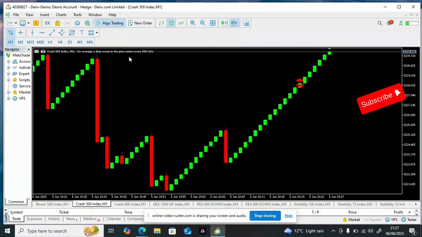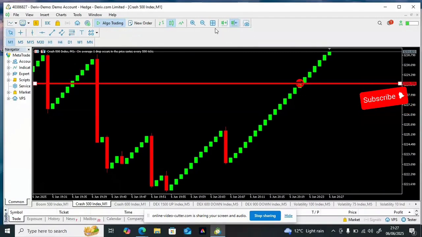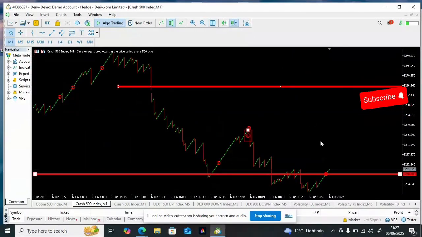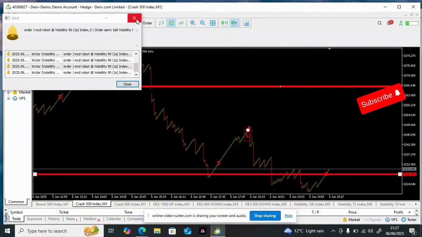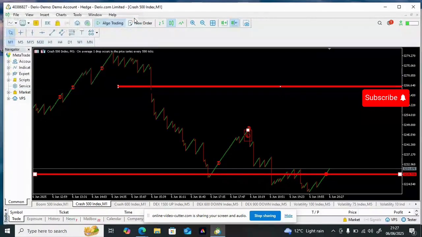So what would you do? You could have entered your sell here. All right, you could have entered your sell here. Okay, so that thing is opening some trades. Okay, so you could have entered your sell here,